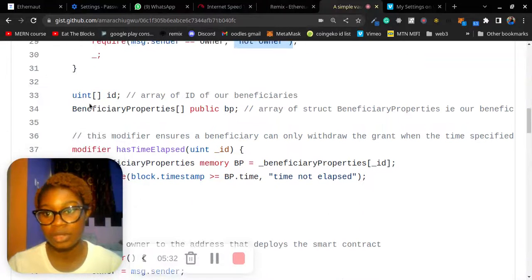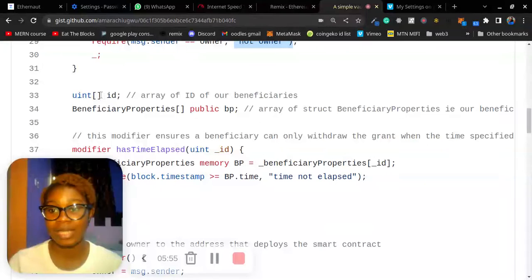So then uint ID. This is an array that is storing the IDs. I said I'm creating a unique identifier for my beneficiaries, so this array here is just keeping track of these IDs. So if I have like 10 beneficiaries, this uint ID is an array of all of my IDs from